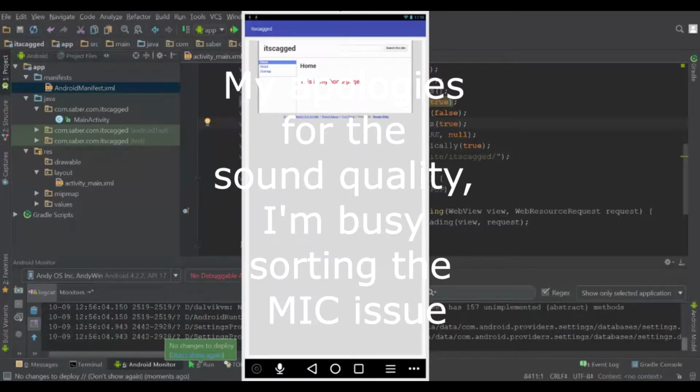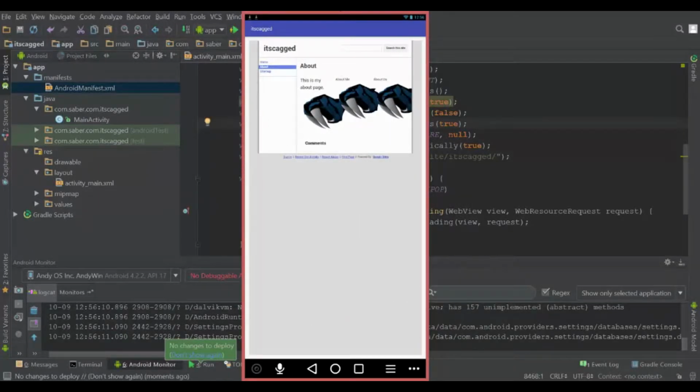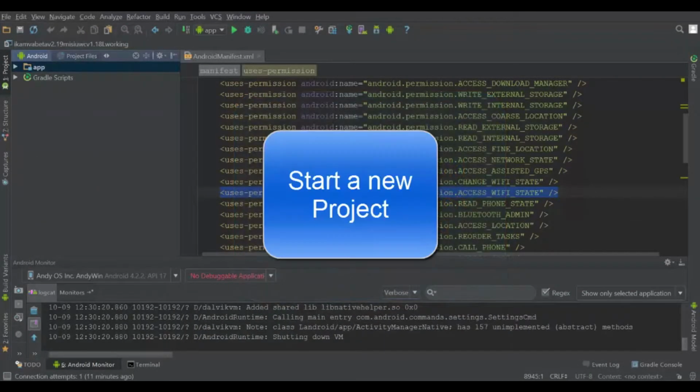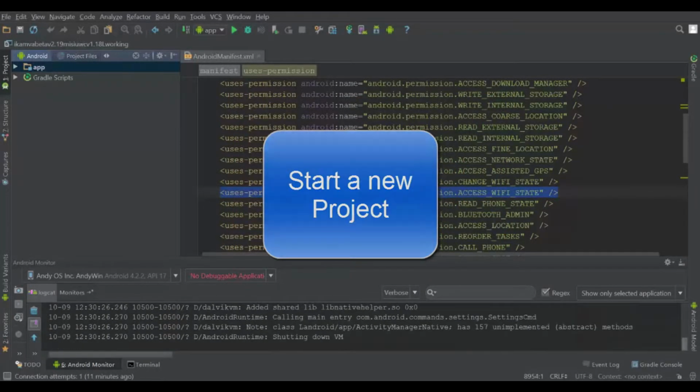Today we'll be looking at setting up an Android web view. I will load my website I created in a previous video into this Android web view. So you need to start a new project, and to do this you need to click on the File tab,